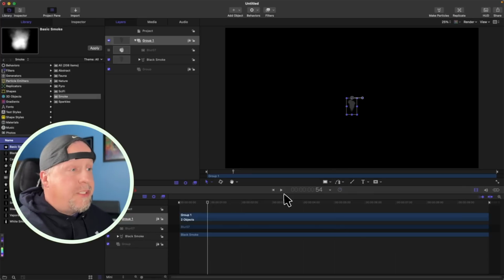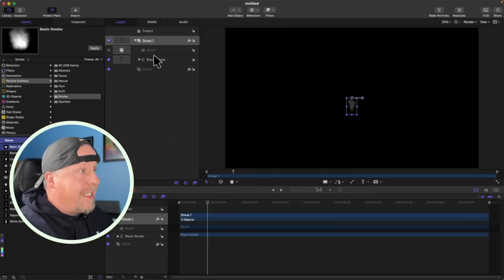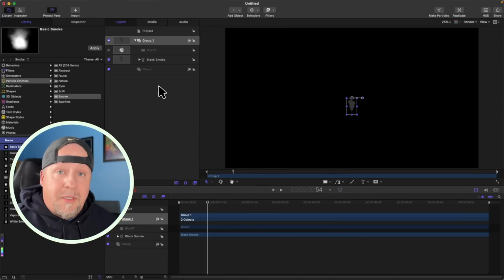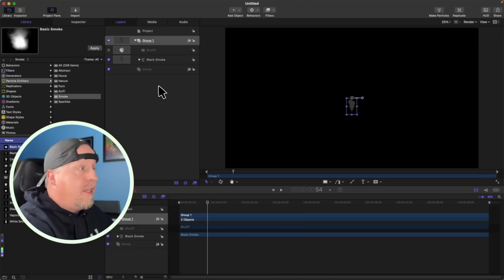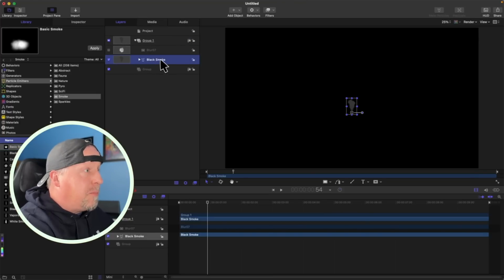However, the smoke is too dark, so we want to lighten this up because we don't want it to be super dark or it'll just look like coal or some weird power plant kicking out black smoke. We want that kind of whitish, grayish looking smoke that would typically be coming out of a house. So we're just going to click on the black smoke emitter here,